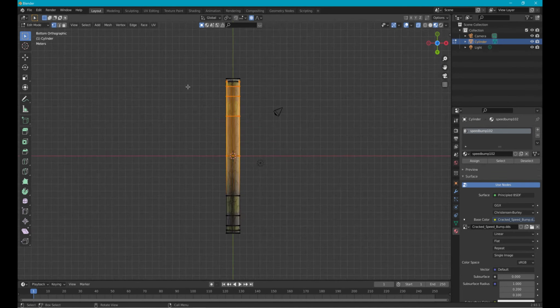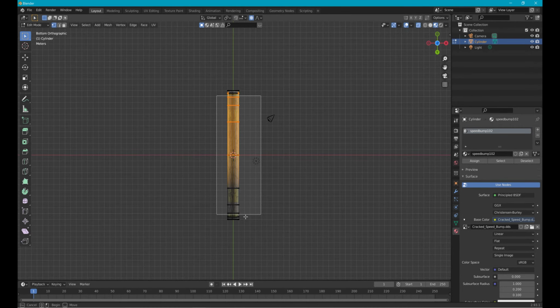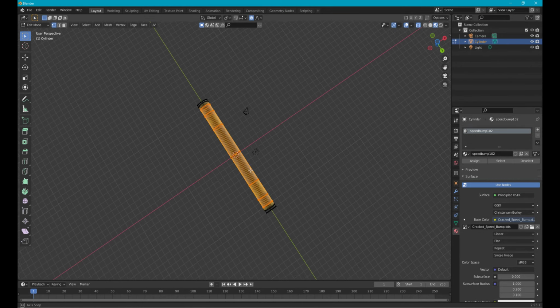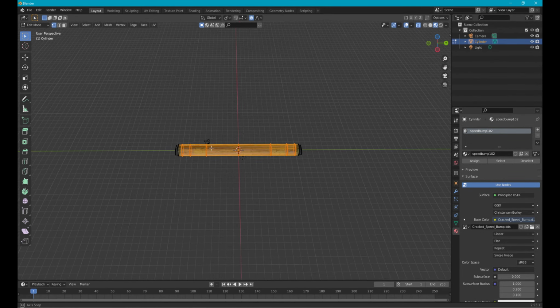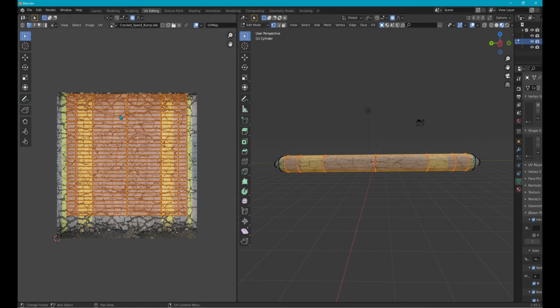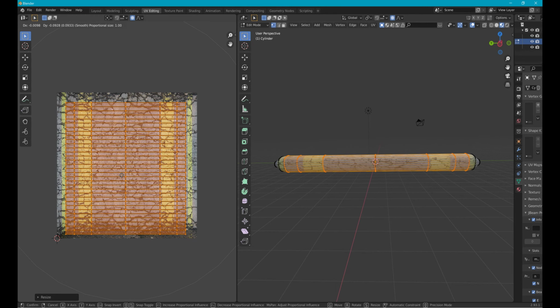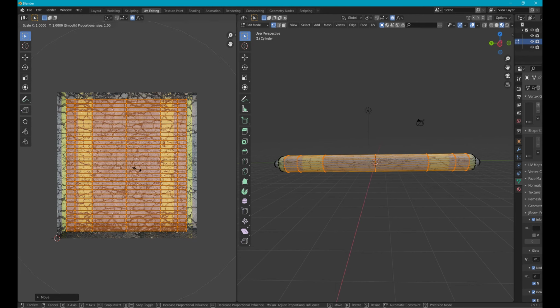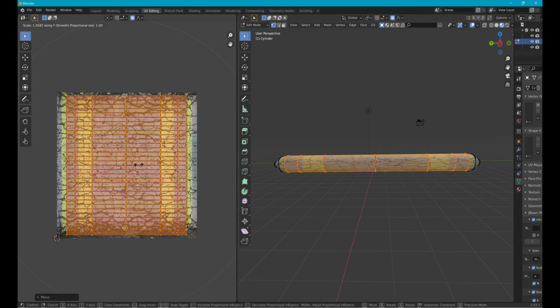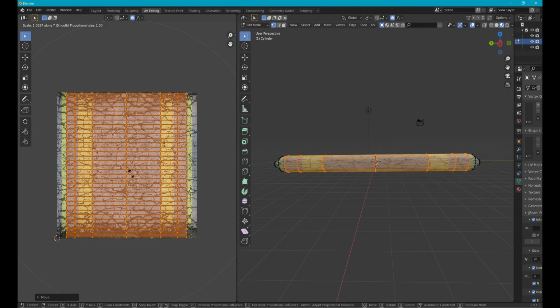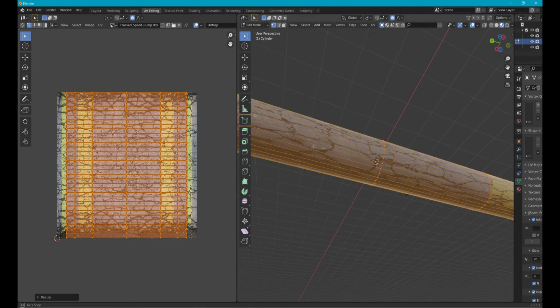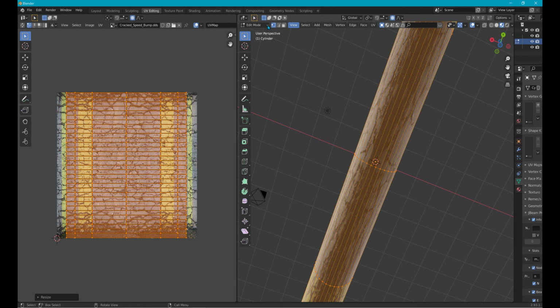Oh, top view. I don't want the very end pieces. I just want that. Yeah, let's see. I should be able to now perfectly scale it, and it'll get rid of that seam. Yeah, it's a lot better